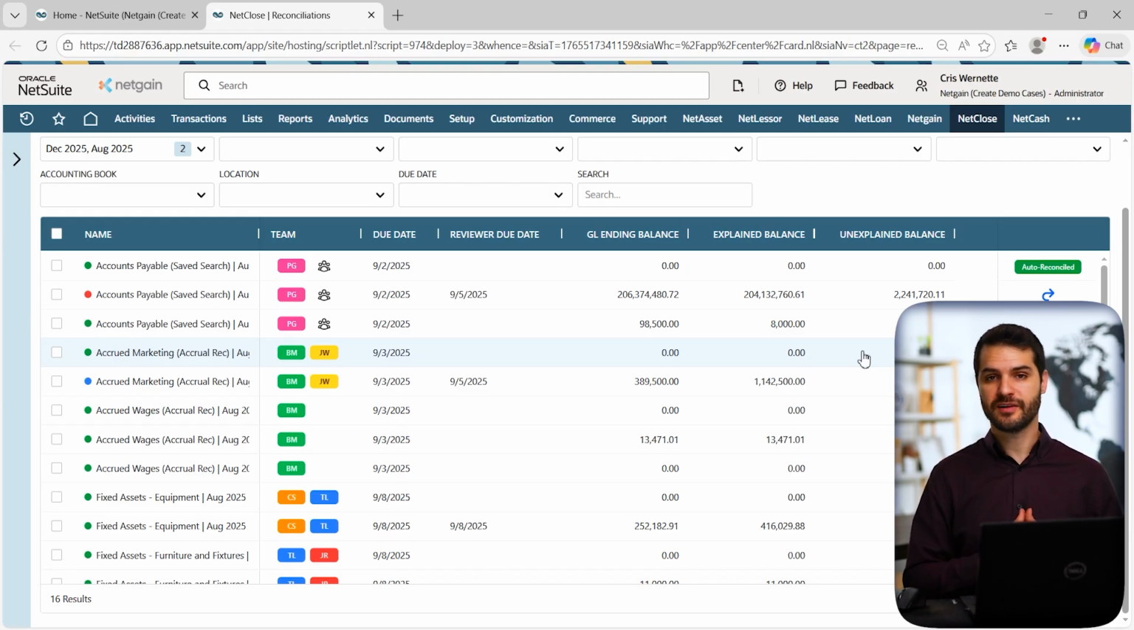And this is another perfect example where you can utilize the fact that NetClose is embedded in with native NetSuite and take advantage of some of the things that already exist in the NetSuite system, like saved searches. So you can actually tap in saved searches to these various accounts that you're reconciling, and those saved searches can pull in the explained balances. So those can be utilized to kind of automatically reconcile and ensure that you have the appropriate balances for each